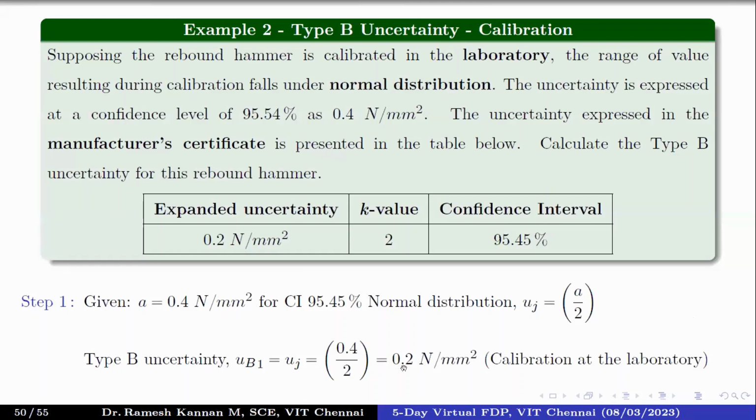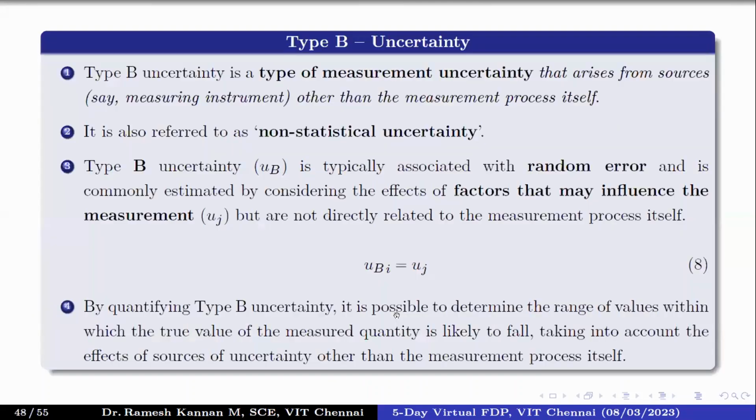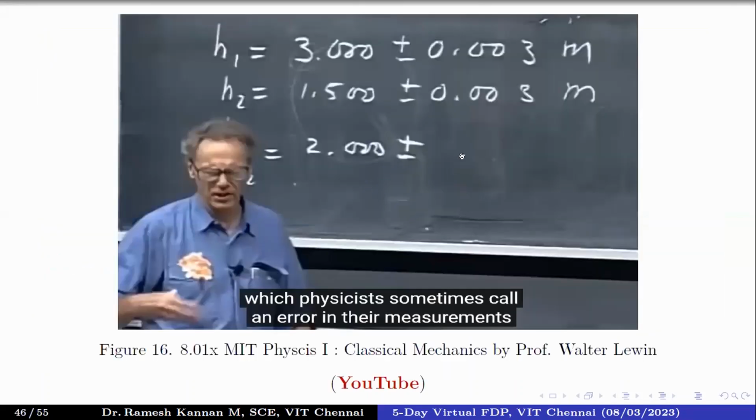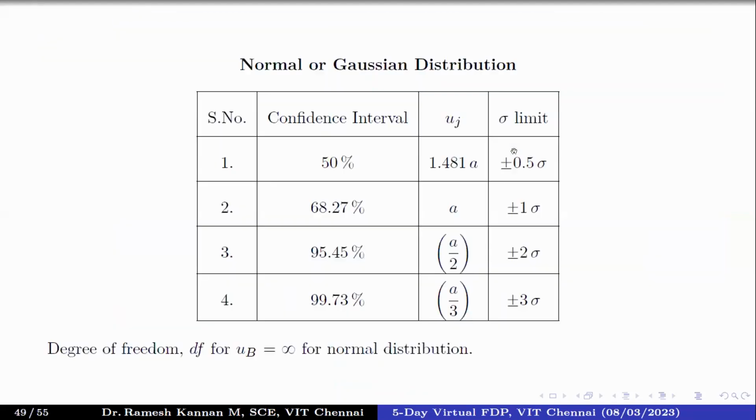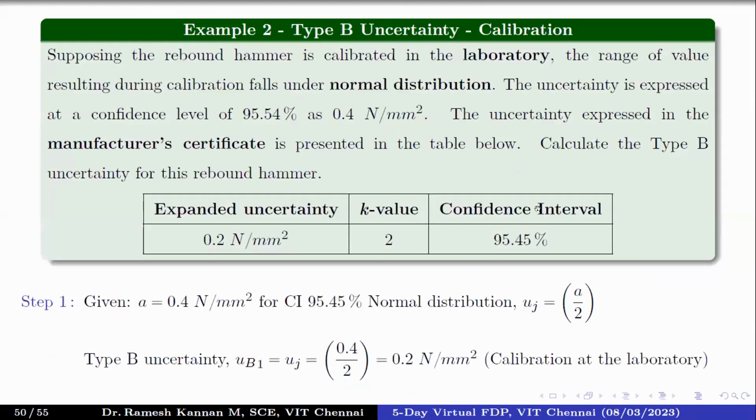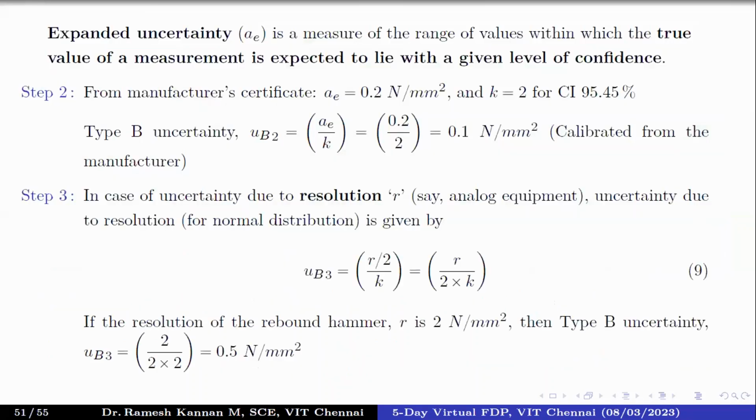Generally, it is advisable to take the maximum. That is what Walter Lewin also says in this video. Whichever is maximum, because it's an error. Why do you compromise an error by taking a smaller error? It looks very fancy, but it's not true. If you give me the true value, people can accept that.